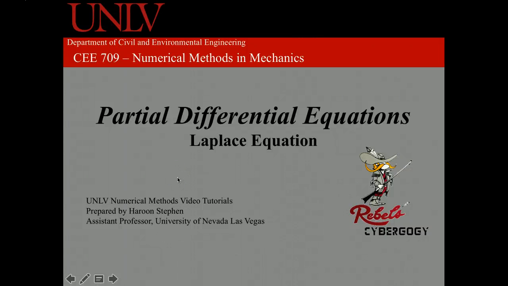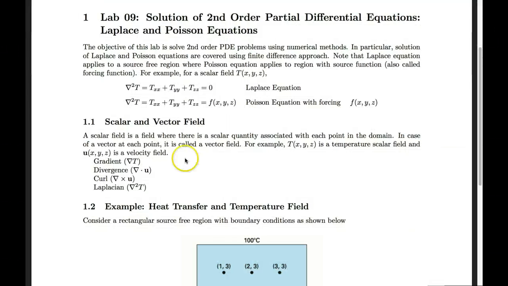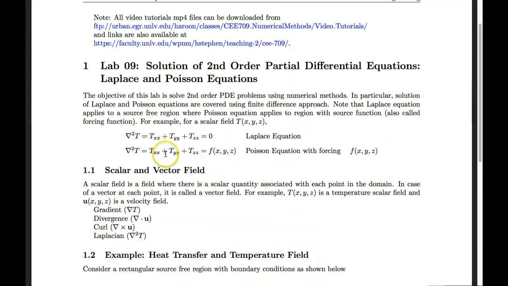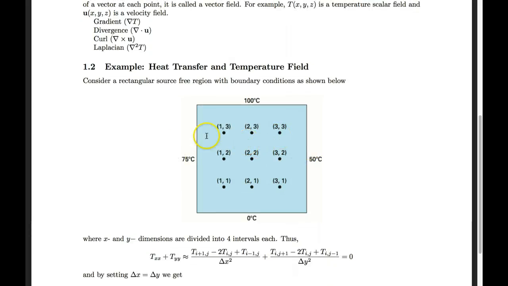In this tutorial, we will solve a 2D Laplace equation of temperature field. In your tutorial, there's a problem, actually from your book, and you can look at page 856 to see it. This is a block, could be a room or some material, and the temperature at the four sides is given, and we are asked to find the temperature within at these 9 grid points